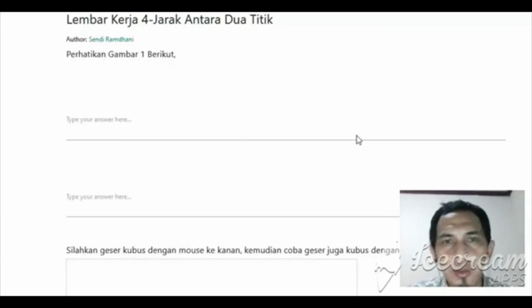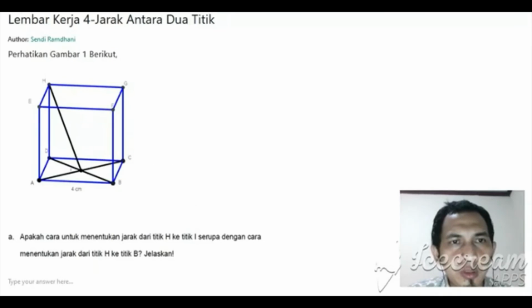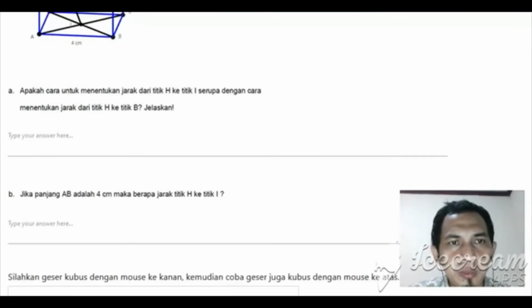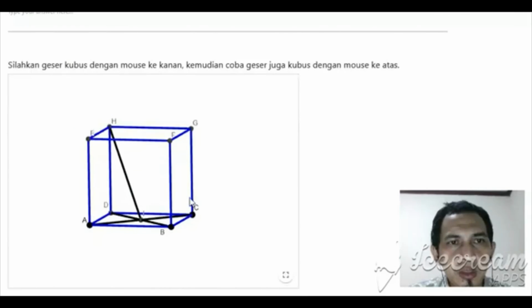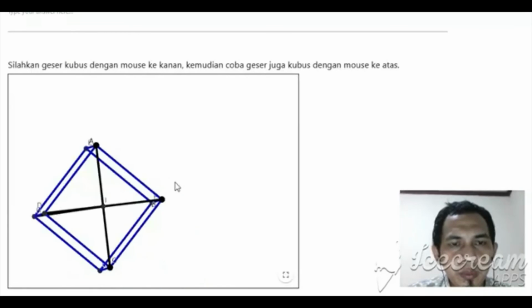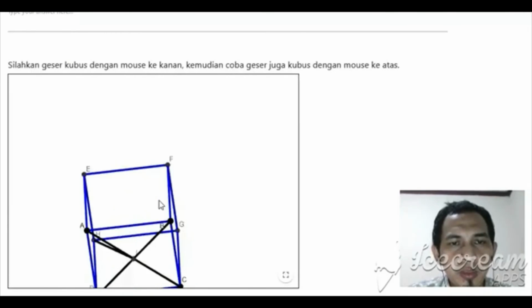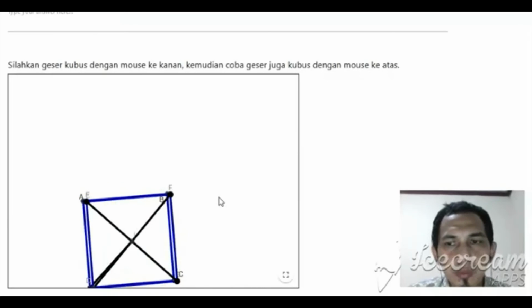This is the other example. This is the question. This is a dynamic worksheet. Maybe it helps students to map the